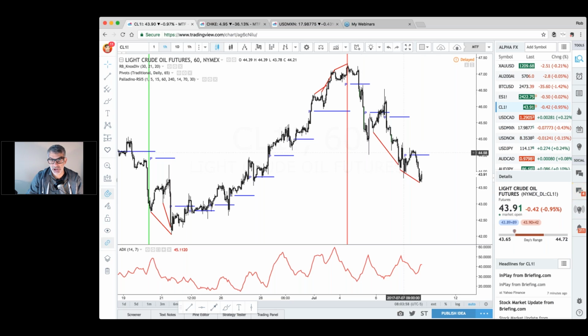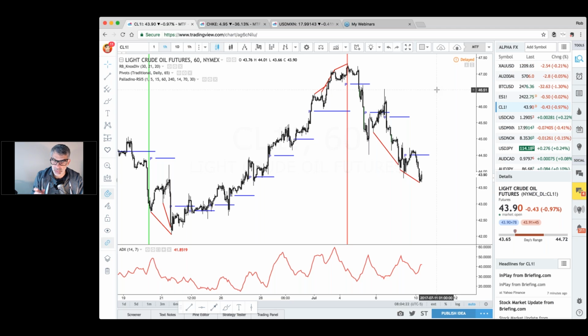The fact that oil was falling, one of two things has to happen. Oil has to take a big shot upward to catch up, or the Canadian dollar, Japanese yen has to fall. They have to be in correlation. They don't have to be in correlation every minute, but they have to fall back into correlation. And when they fall out of correlation, they're going to go back into correlation. It's just the way it is.